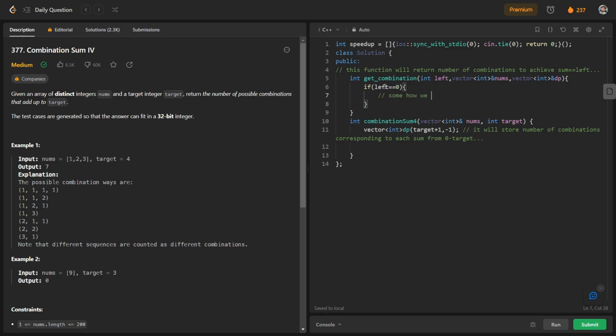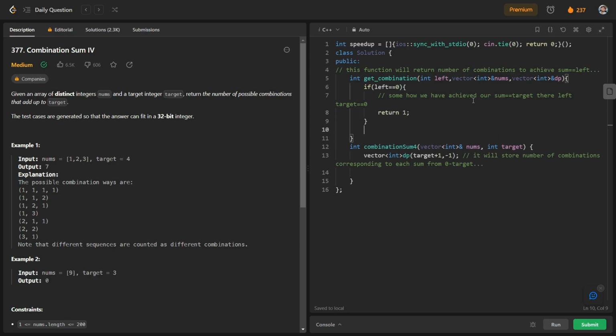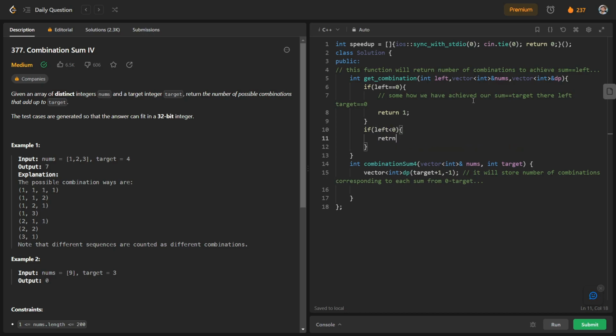Somehow we have achieved our sum equal to target. Therefore left is equal to 0, so it means that we have accomplished our target, so we will just return 1. And if left is less than 0, we will just return 0. I have discussed this part also in our discussion part.